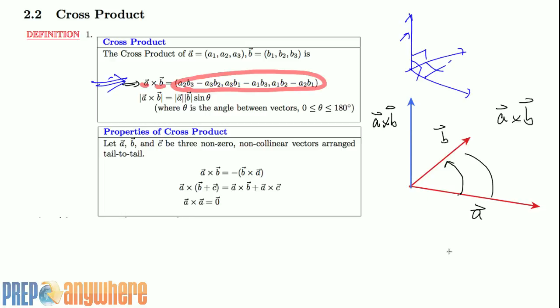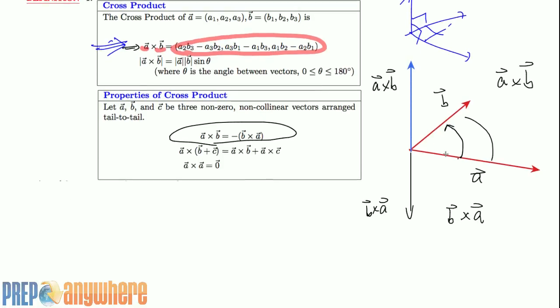Now, do it in reverse. B cross A. You have to sweep it like this, right? Where's your thumb? Going down now, right? So B cross A is going this way. In other words, A cross B and B cross A are exactly the negative of each other. I put up a separate video for the proof. Just believe it for now, that this does give you a vector perpendicular to both,